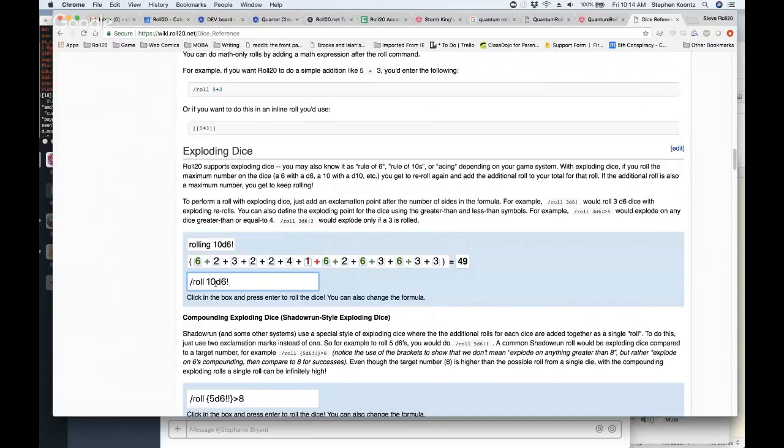So I didn't want 10d6. I wanted 10d10. What does that look like? So. That was way more complicated than I was